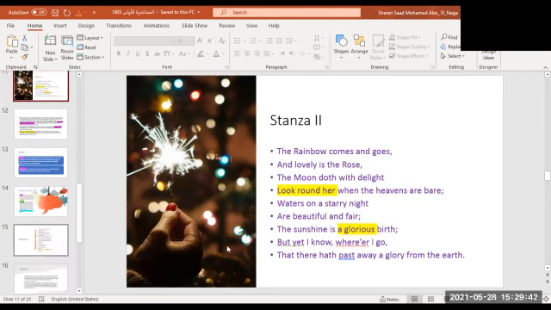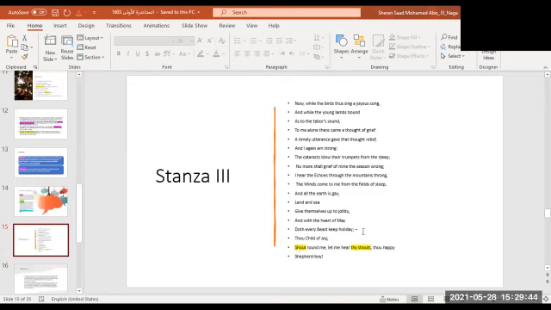Stanza 3, he is trying, and he's even asking the child of joy, the shepherd boy, for help. Shout round me, let me hear thy shouts, thou happy shepherd boy. Why? Because he knows he lost something. And that's why he is struck by a thought of grief.